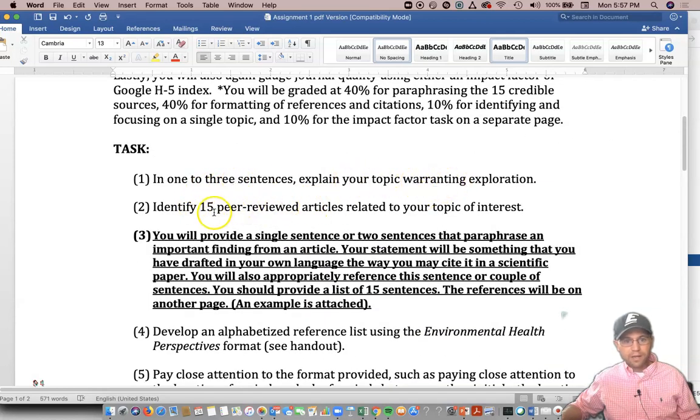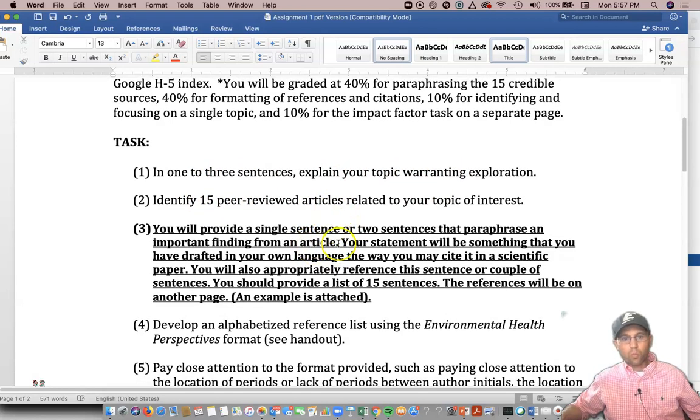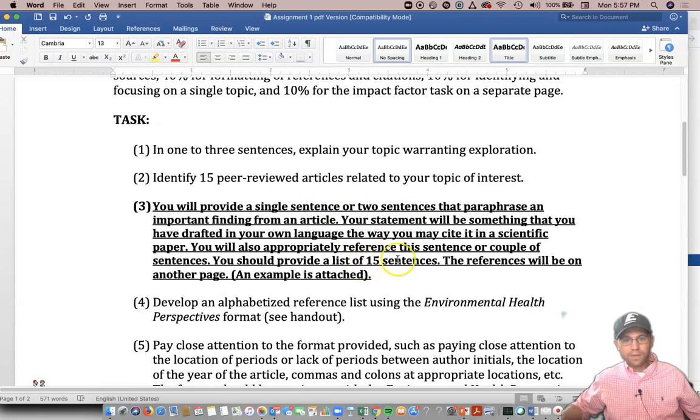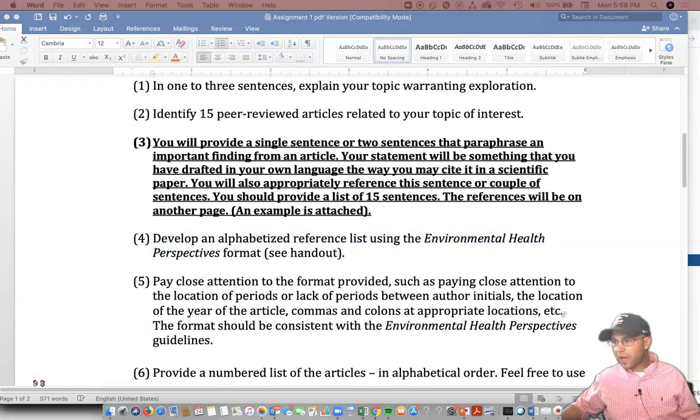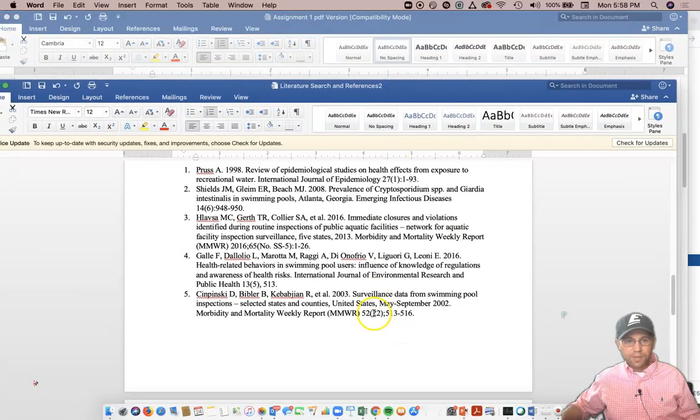Paraphrase your topic, identify 15 peer-reviewed articles, provide a single sentence or a few sentences paraphrasing what's going on in the article. It should be contributing towards your topic, whatever your topic may be. Then you're going to develop an alphabetized reference list. Here's a reference list that was given to me in the past for this